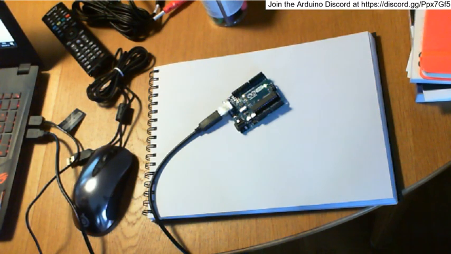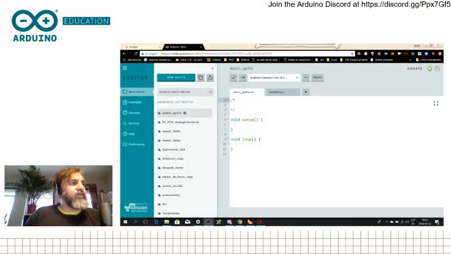I will just go back to the desktop. And I'm gonna just write the classic Blink example. I could open it, but I just want to write it. So I will just do pinMode 13, output. You know, it has all of the new nice features from the latest versions of the IDE, like if you start writing brackets, it ends the brackets for you and things like this. So digitalWrite HIGH, delay 1000,